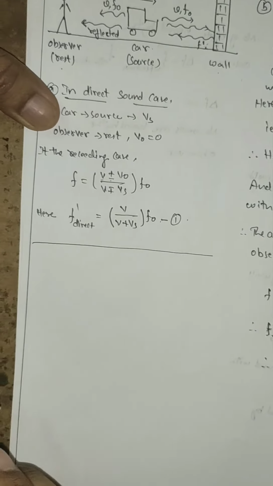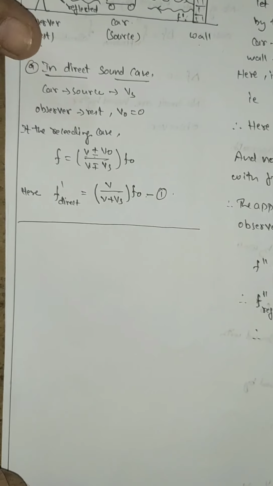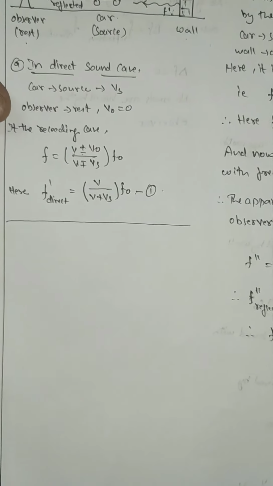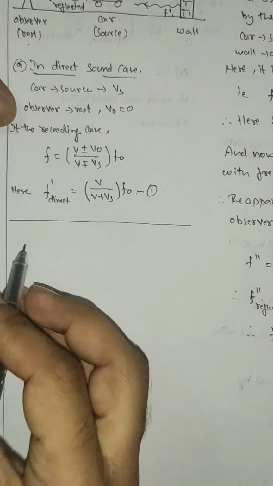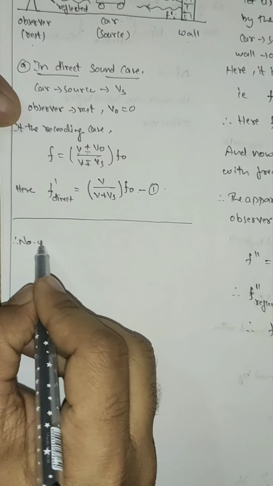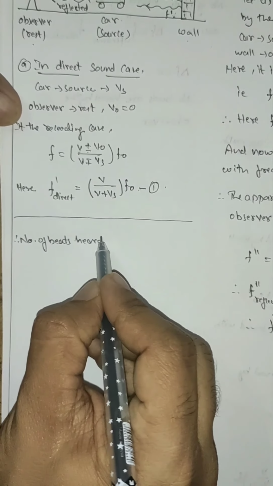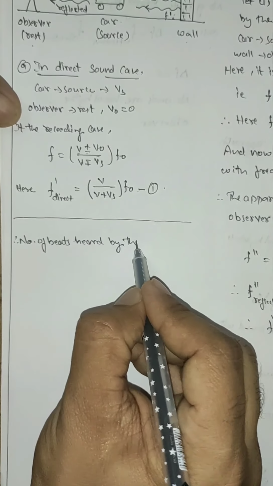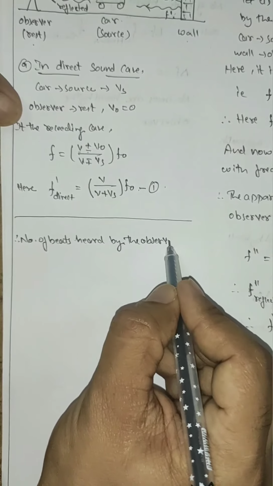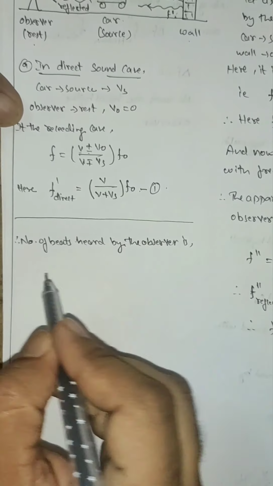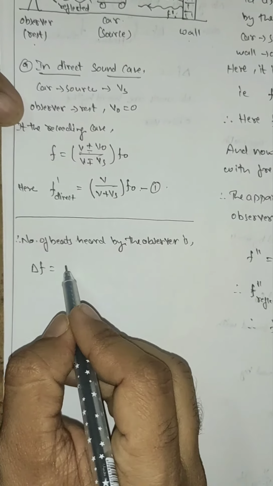So let us find out the number of beats heard by the observer. Therefore, the number of beats heard by the observer is delta f,